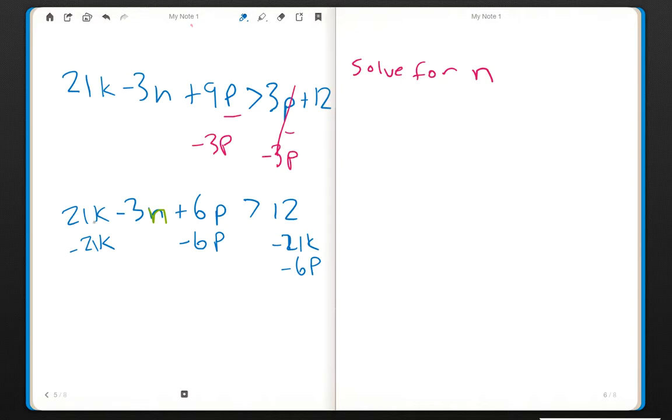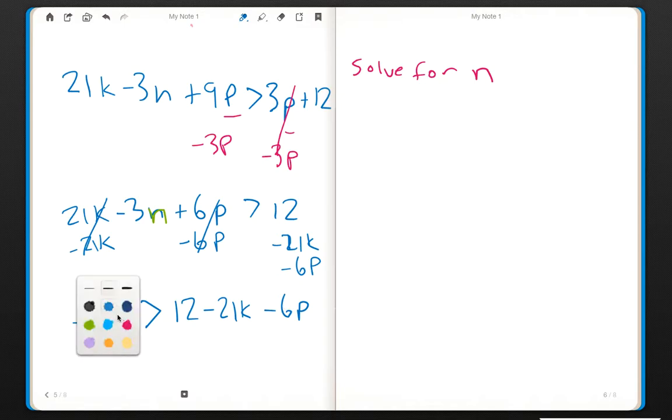And after doing this, this is going to cancel. We're going to have negative 3n. This is going to cancel. Greater than, we haven't multiplied or divided by anything negative. I'm just going to leave the 12 there, minus 21k minus 6p. Okay? Now, the only thing we have left to do to get rid of this n is,